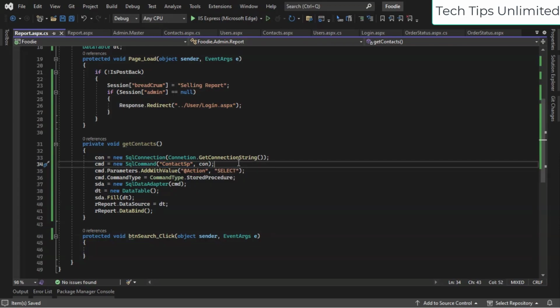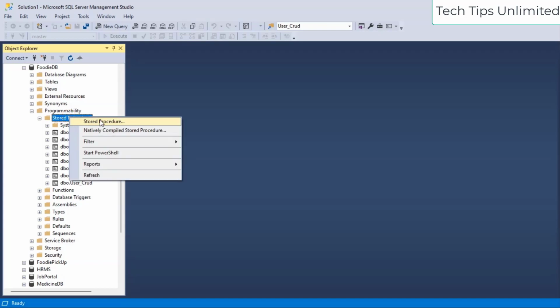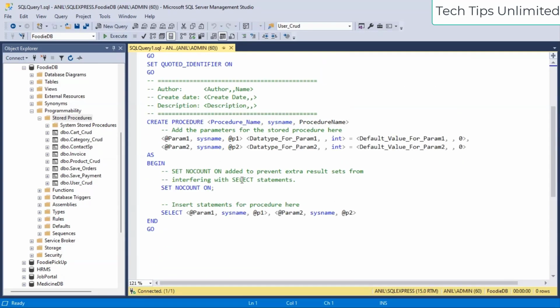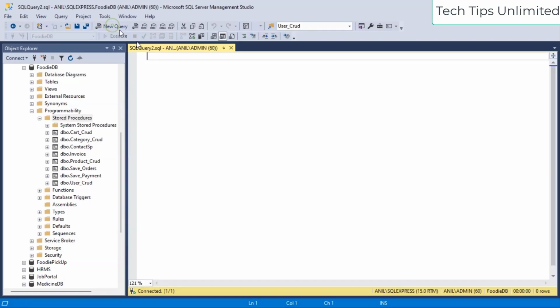Okay, so open your SQL Server Management Studio. In our database, inside this Programmability, Stored Procedures, we have all the stored procedures. So we have to create a new one. You can go from here, click on stored procedure, and it will create a new format for creating this. Or you can go directly by the query. Just click on new query here. Make sure your database is selected here. Okay, so let's